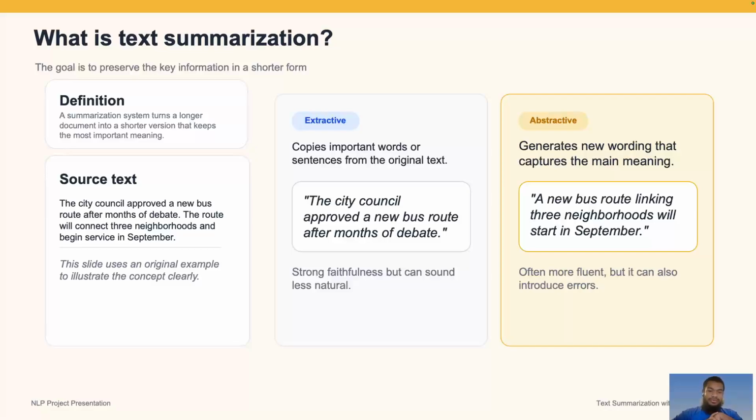So there is so much text being generated every day. Automatic summarization has become more valuable than ever, because nowadays with AI we see lots of text being generated, right? There are two main types of text summarization: